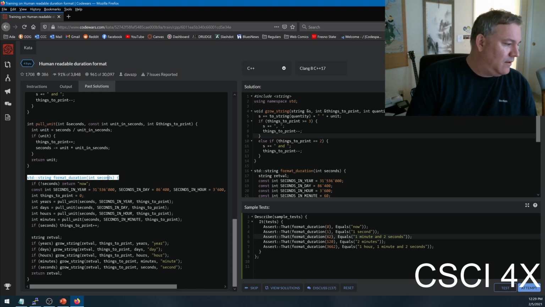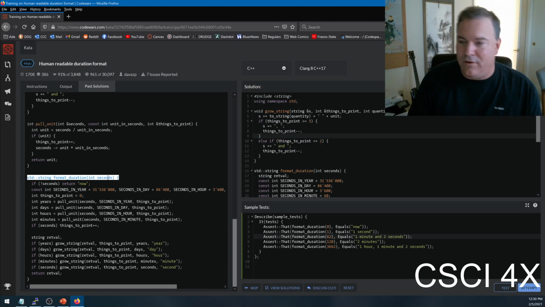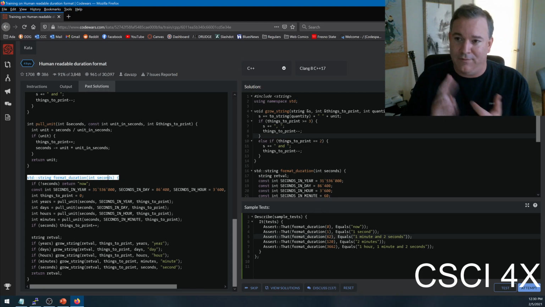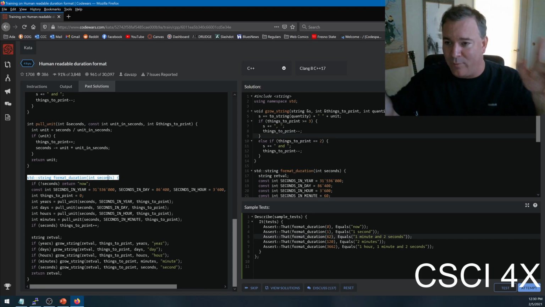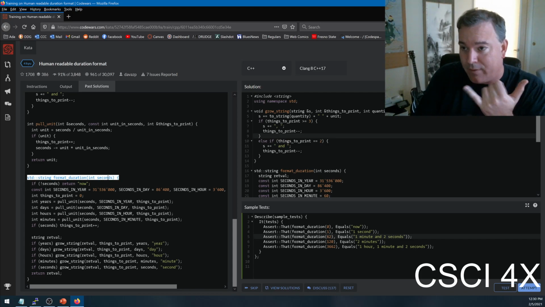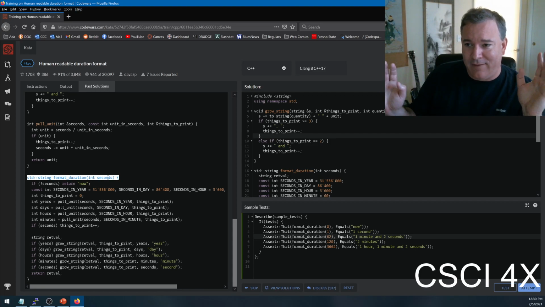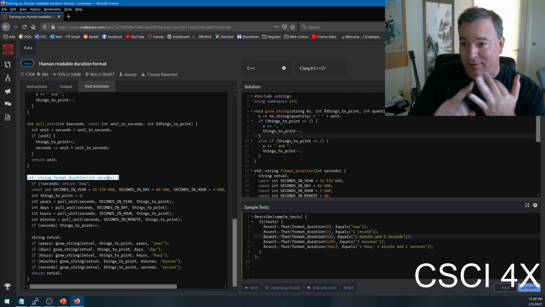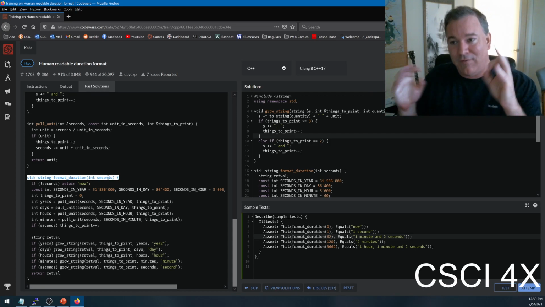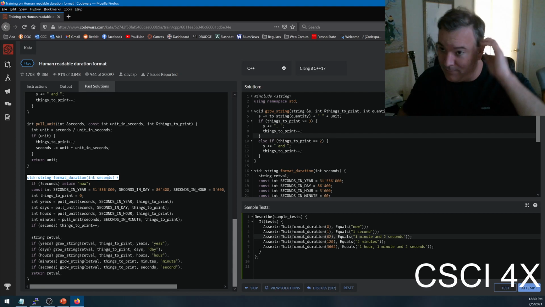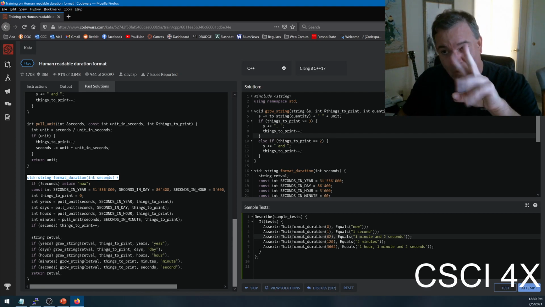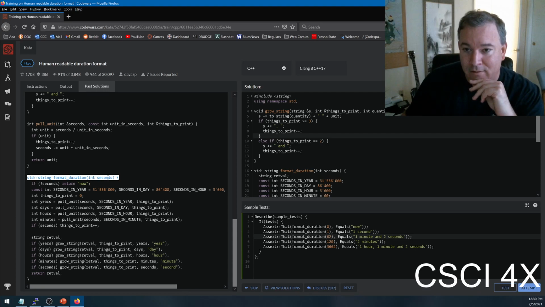So in fizzbuzz, yeah, good tests would be 3 and 5 and 15 and 20 and 21 and 42 and just things in the middle somewhere. Edge cases would be 1, right? Because anytime you have an if statement, if you say like if x is greater than 5, then your edge cases are going to be 5 and 4 and 6, right? Anytime you have an if statement where there's a dividing line, you want to have a test case on the dividing line, 1 to the left and 1 to the right, ideally, right? Because a lot of times people get that wrong, and so